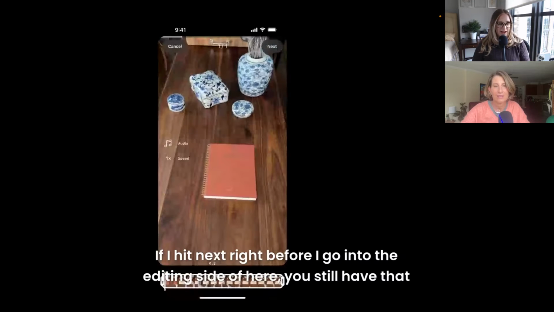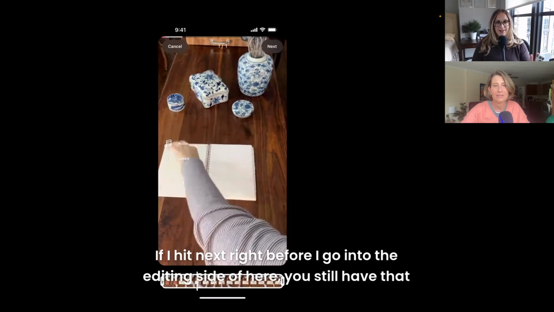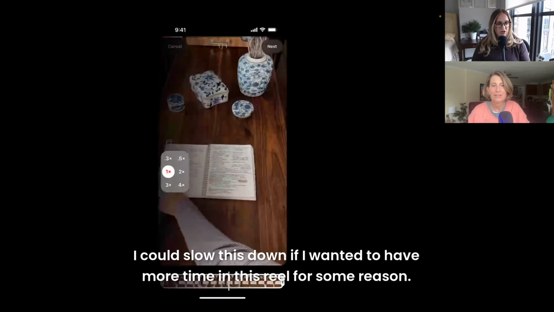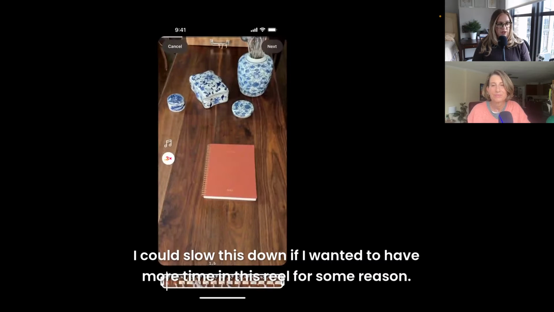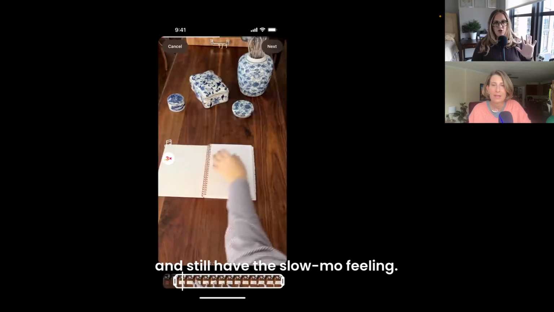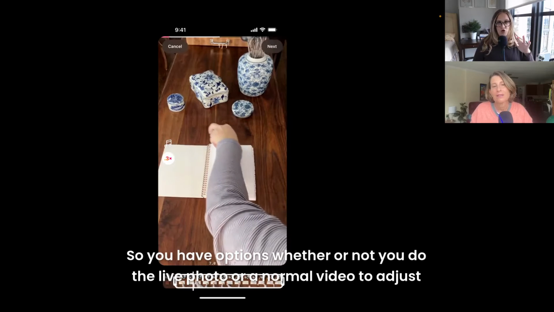If I hit next right before I go into the editing side of here, you still have that setting on the left-hand side with the audio and the 1x. I could slow this down if I wanted to have more time in this reel for some reason. If I wanted more time with the notebook open, I could just trim it a little bit and still have the slow-mo feeling. So you have options whether or not you do the live photo or a normal video to